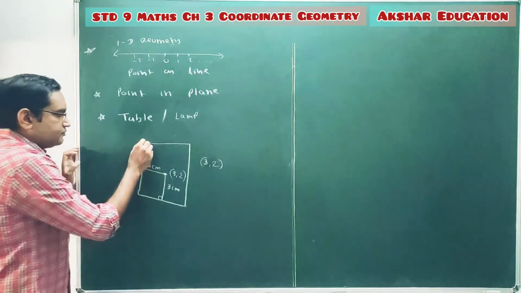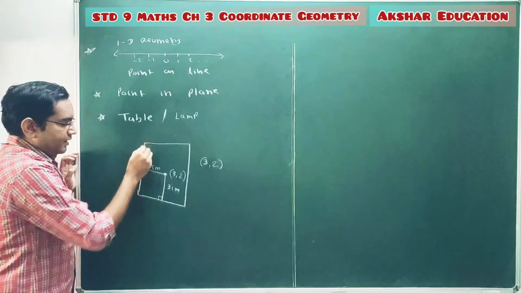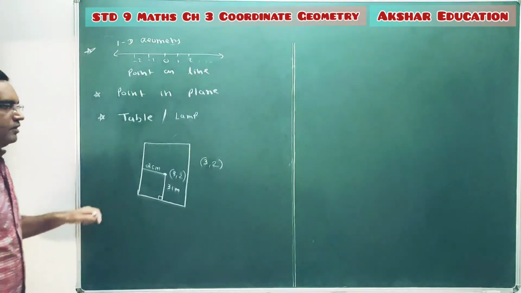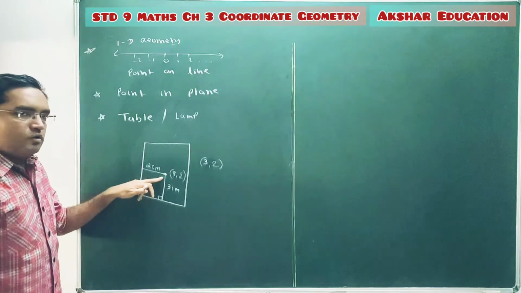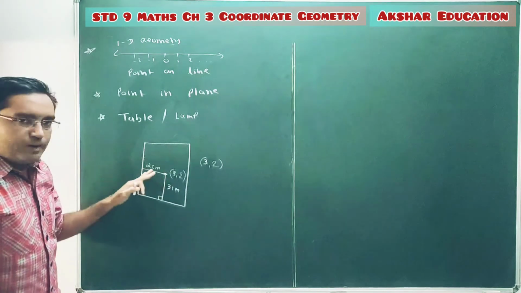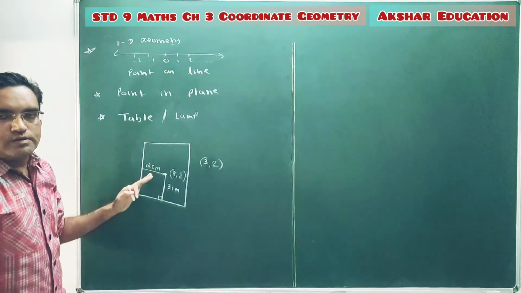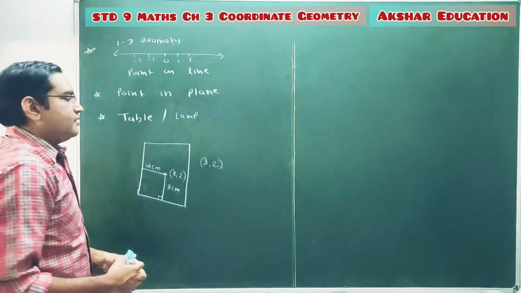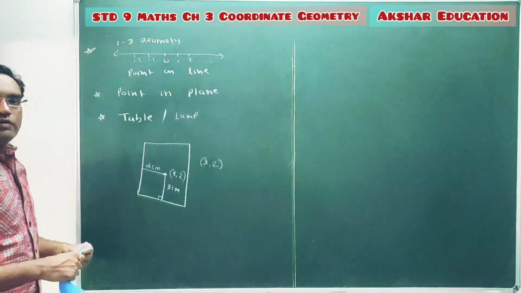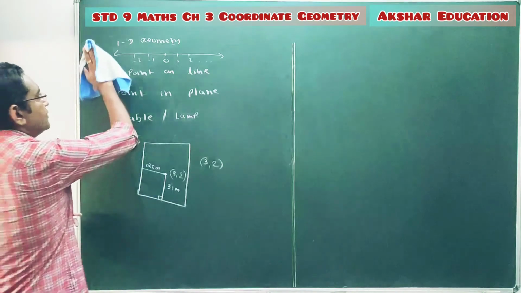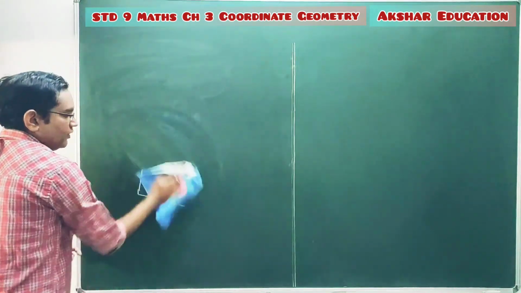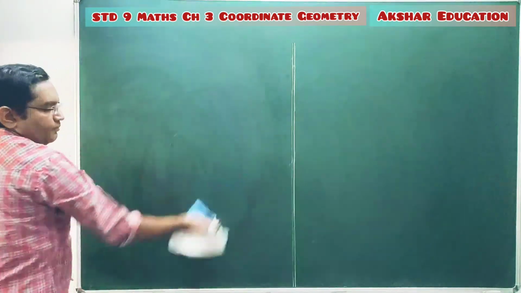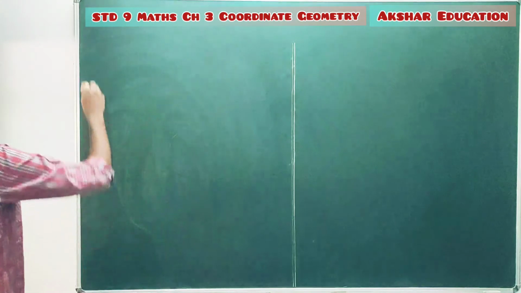So here you have to use a reference, and that reference is the longest side and shortest side of this rectangle. Clear? That means to describe the position of any point in a plane, we require a reference, and for that reference, we are making use of the coordinate system. Clear, friends? We have to use the coordinate system as a reference system to describe a point in a plane. So our main topic is the coordinate system.